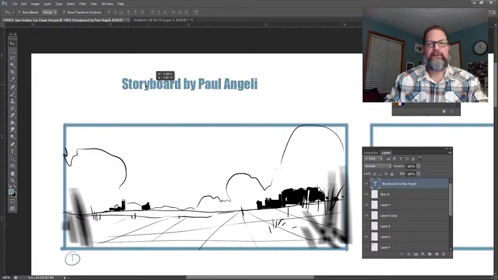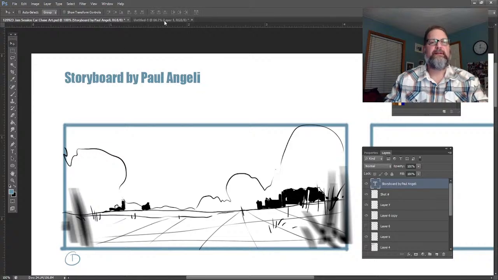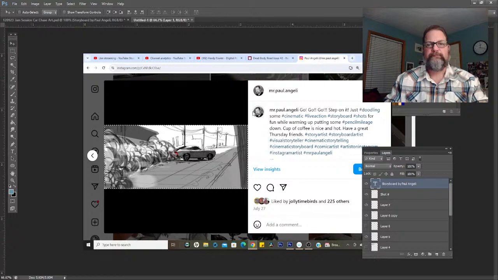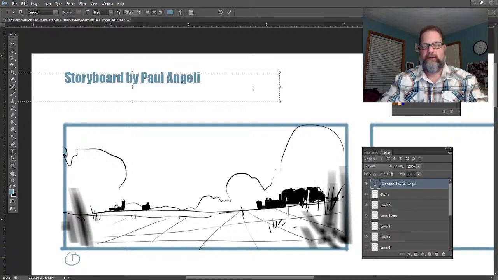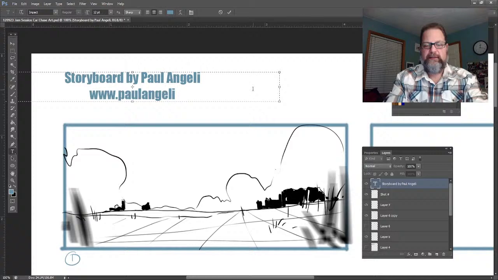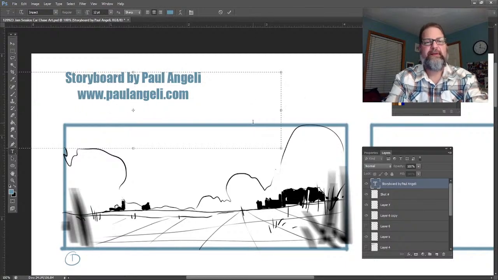Storyboard Angeli, and have that up there. And then you want to make sure you have all your contact information up there as well. So I'd be up there, Storyboards, and then put out your contact and put your website, www.paulangeli.com, and then maybe you put your phone number, all that stuff. Maybe you can reach me at